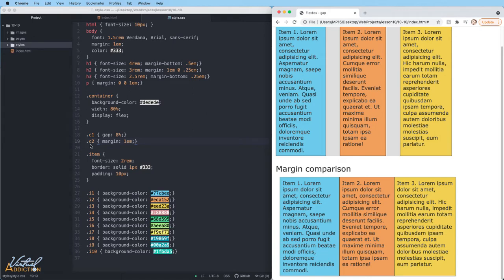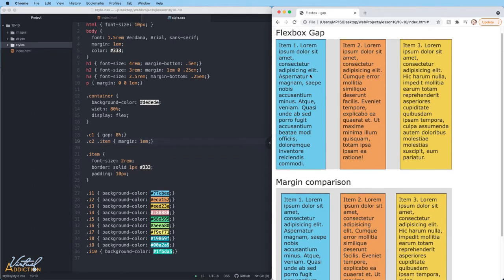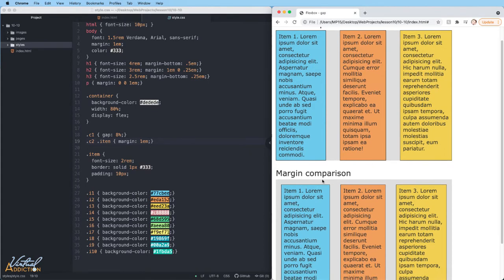So right now I'm targeting the container, not the items. Let's change the selector to .c2 .item, and now it's going to create margin all the way around. So if we compare the first example to the second, you'll see that we do indeed have spacing between the articles, but when we set the margin on the elements, we also inherited spacing on the other margin areas, top,